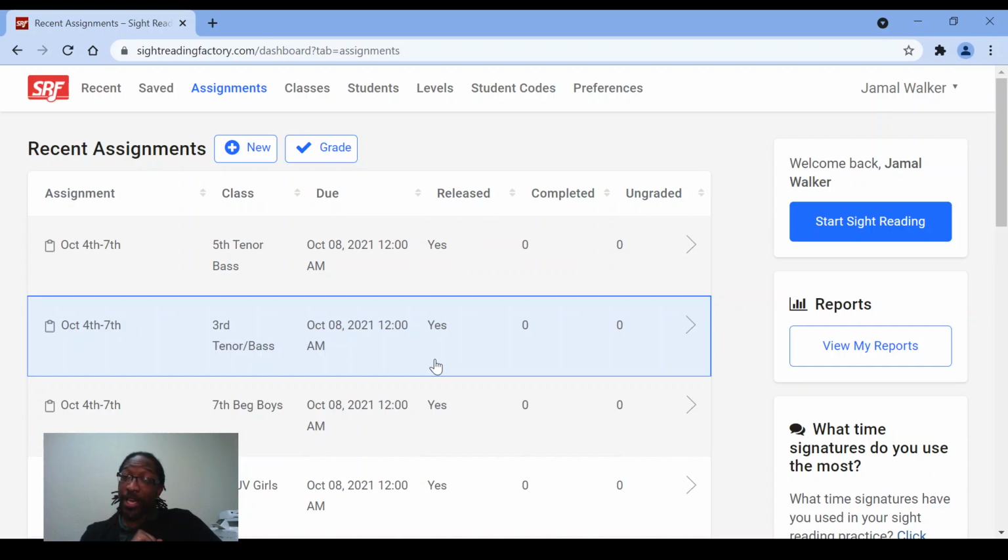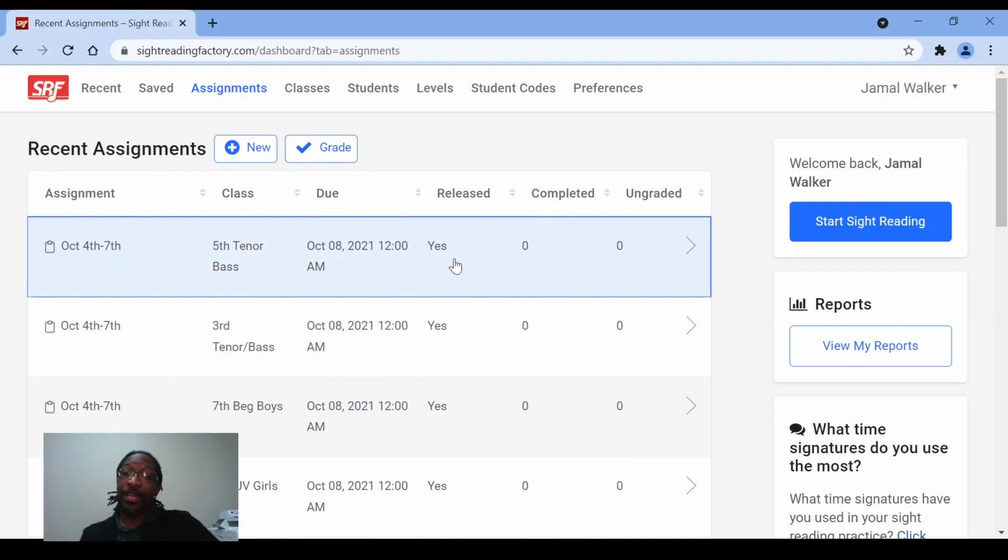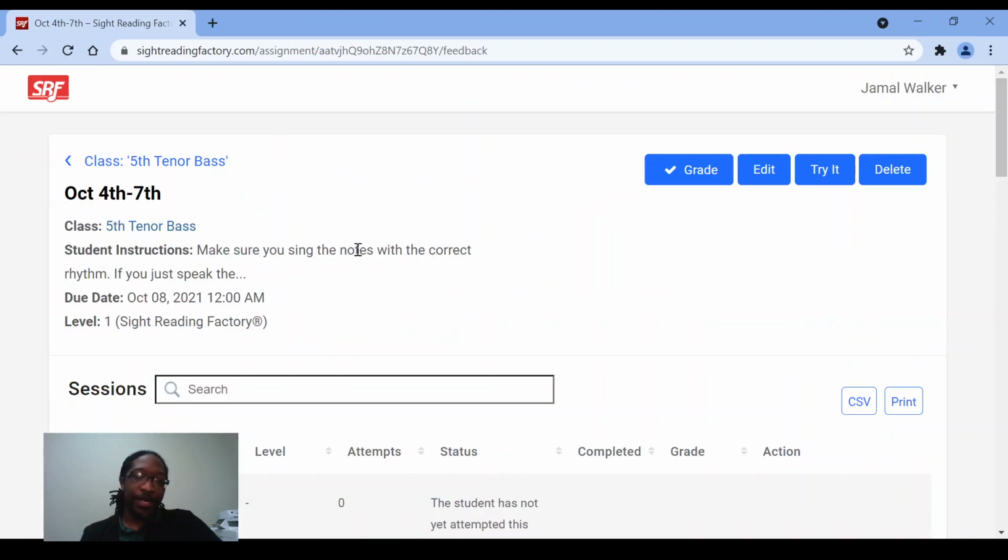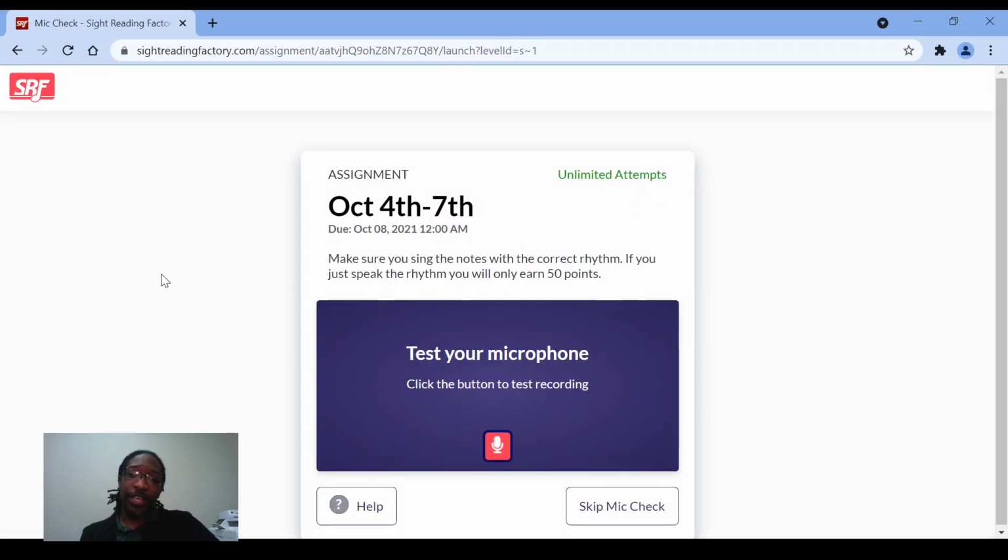There are two kinds of assignments. One assignment is just rhythm. The other assignment is singing. This week's assignment is singing, and I wanted to show you a few of the things that it has you do on there. So I'm going to go into my assignment, and for you, it'll say launch at some point. For me, once again, I'm on a teacher account, so I'm going to go to try it. It brings up your instructions at the top, your due date,